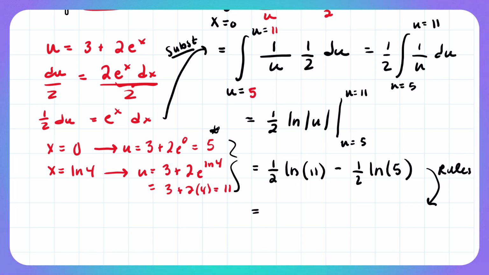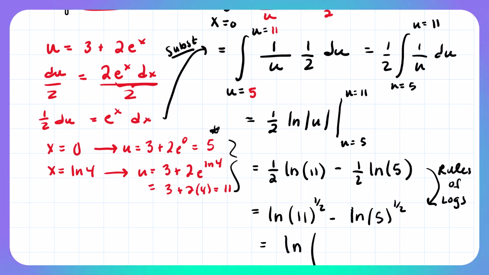And if we remember, rules of logs are so handy, they come in all the time. So if we use some rules of logs here, this becomes the natural log of 11 to the 1/2 minus the natural log of 5 to the 1/2. And when we're taking two logarithms of the same base and we're subtracting, we can make it a quotient. So this is actually the natural log of 11 to the 1/2 over 5 to the 1/2,